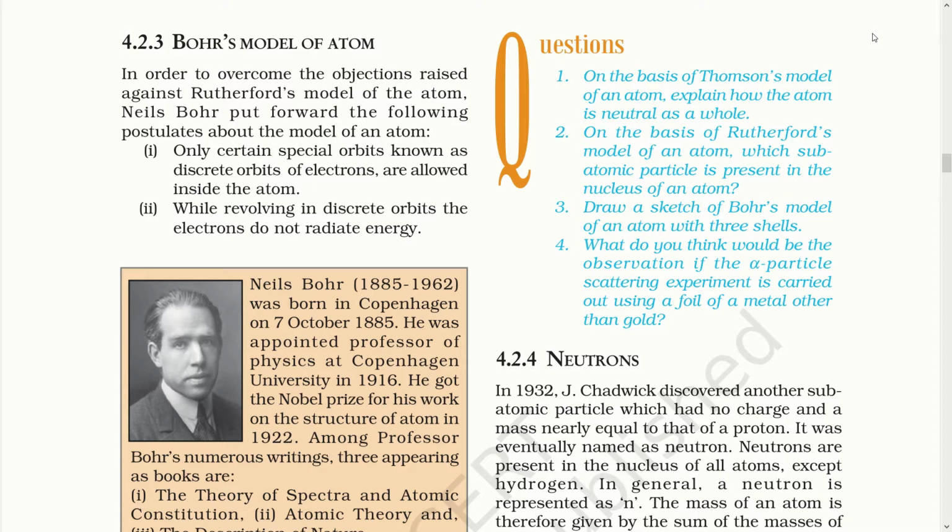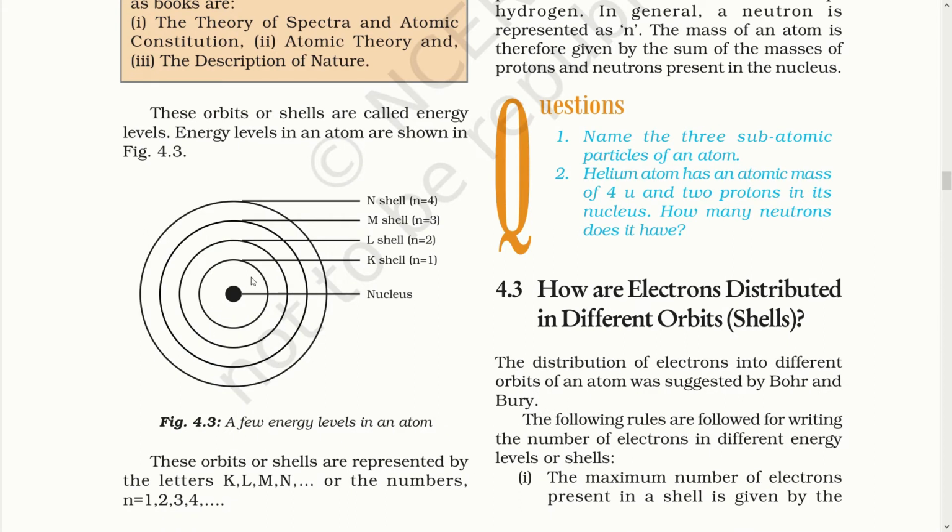Now, he also postulated the model. He said that in an atom, electrons, that is negatively charged, revolve around the positively charged nucleus in a definite circular path called orbits or shells. Each orbit or shell has a fixed energy and these circular orbits are known as electron shells. Here in the diagram you can see how Bohr's atomic model was. The nucleus was in the center and the different orbits contained the number of electrons revolving around it. He said that the orbit at the farthest had the highest energy level, while the orbit or the electron nearest to the nucleus has a low energy level.